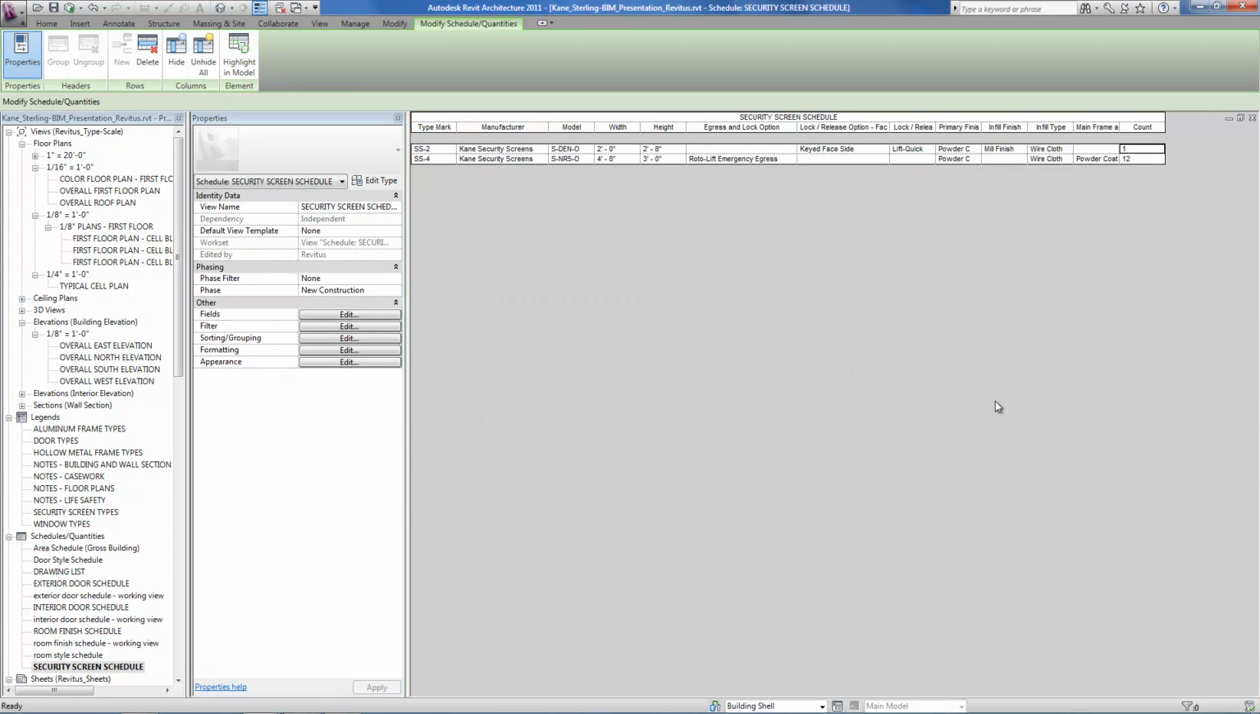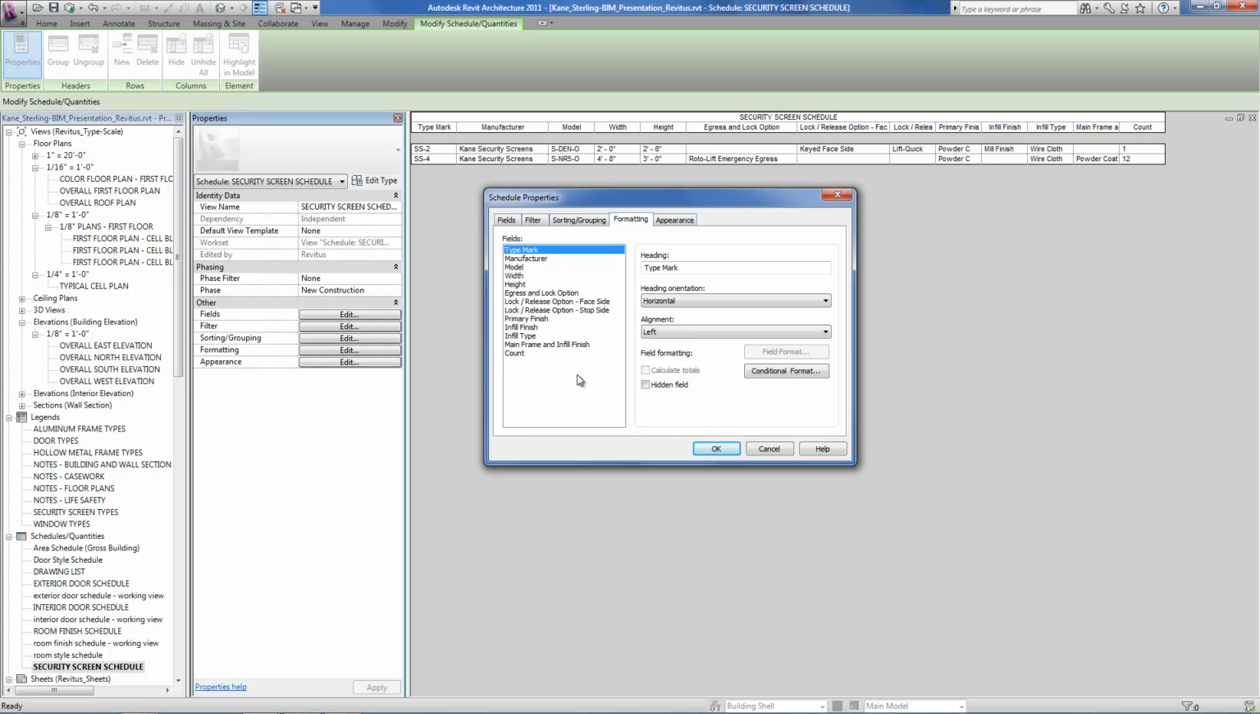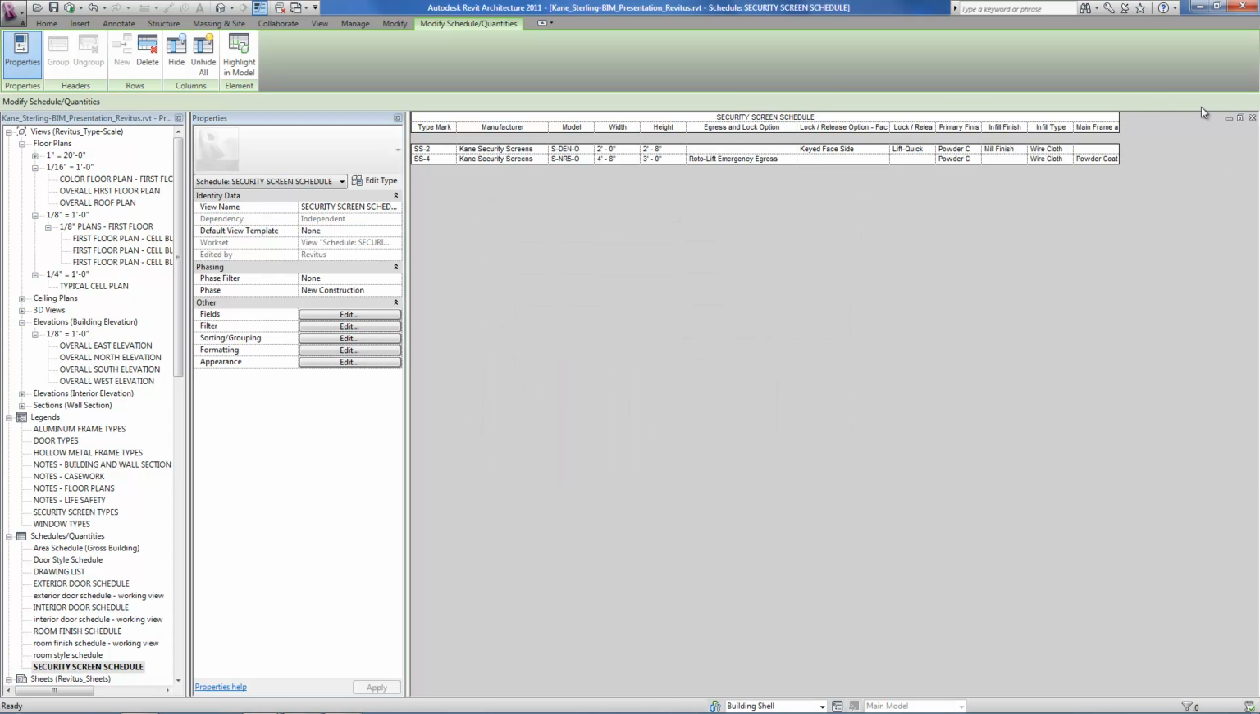The schedule list has now been consolidated to show each different type only, and the total quantity of each type in the model is being reported. If you wish not to print that piece of information on your sheet, which it currently would, go to the Formatting properties, select the Count field, and check Hidden Field. The field is actually still part of the schedule, but the visibility is now turned off, preventing it from displaying